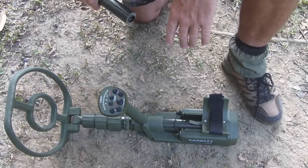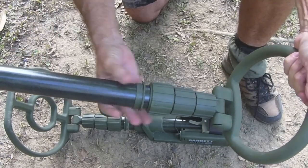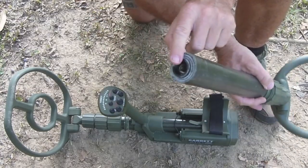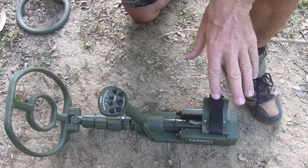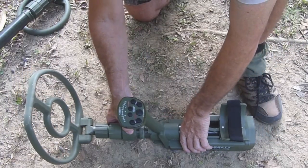Okay, let's do a bit of a coil change here. Very quick procedure. That's your accessory coil. That's an 8-inch monoloop coil, and the accessory coil comes complete with the shaft, the cam locks, and the cables internal. The 20-inch mono is similar. So your accessory coil comes complete with the stem. It's just a matter of unlocking the shaft with that switch there. You remove